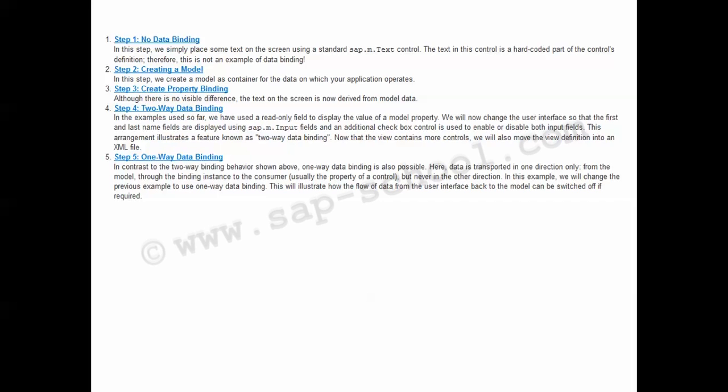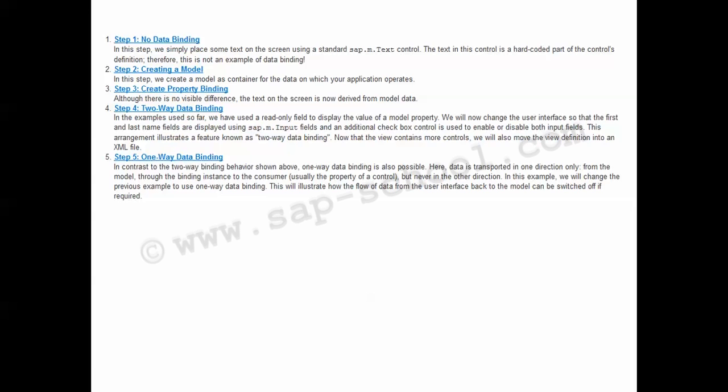After that, the fifth step is the one-way data binding. In contrast to the two-way binding behavior shown above, one-way data binding is also possible. Here the data is transported in one direction only, from the model through the binding instance to the consumer, but never in the other direction. In this, we will change the previous example to use one-way data binding. This will illustrate how the flow of data from the user interface back to the model can be switched